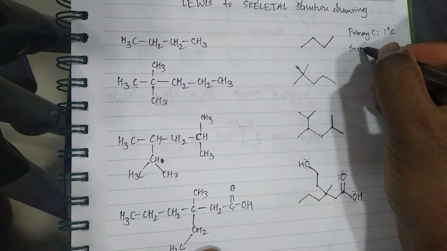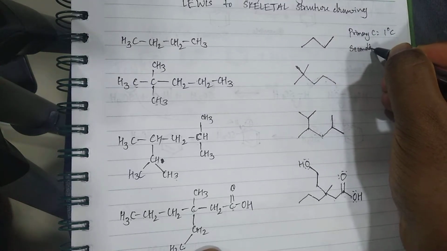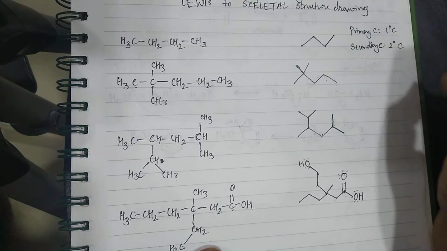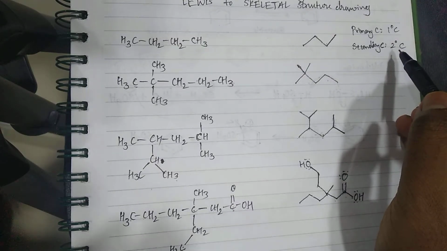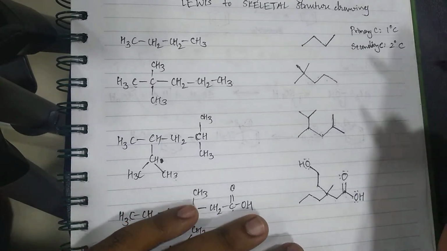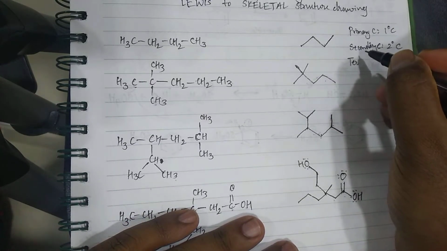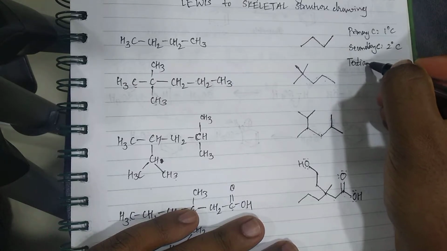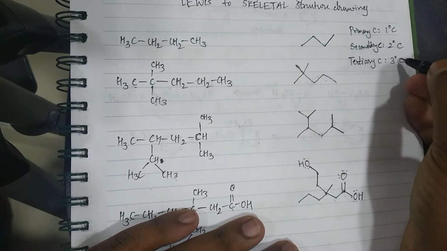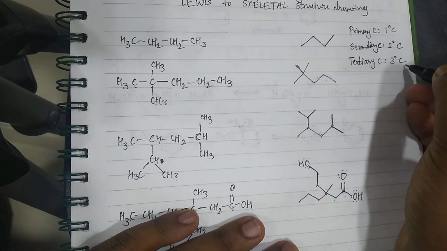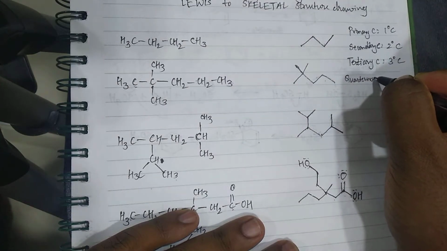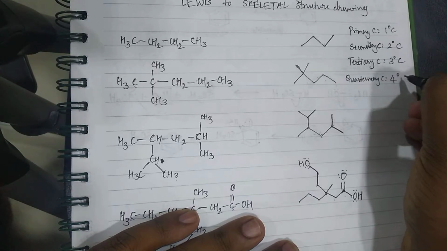Then you have secondary carbon. Secondary carbon will be written as 2 degree C. Please don't read it as 2 degree C. It is actually secondary carbon. Many people call it 2 degree; I don't really agree with those terminologies. Then you have tertiary carbon. Tertiary carbon is written as 3 degree C, but actually it is tertiary carbon. You read this as tertiary carbon. And then you have quaternary carbon, which is going to be written in this format.